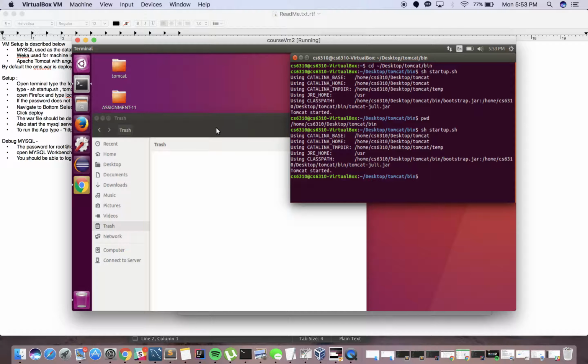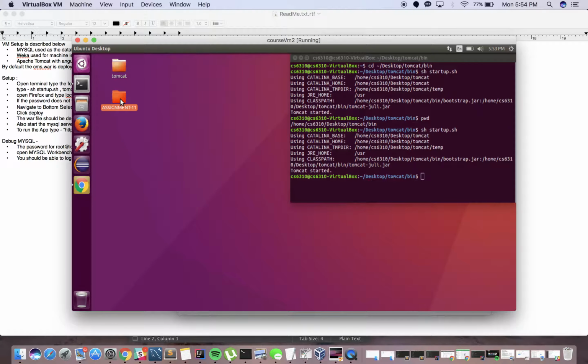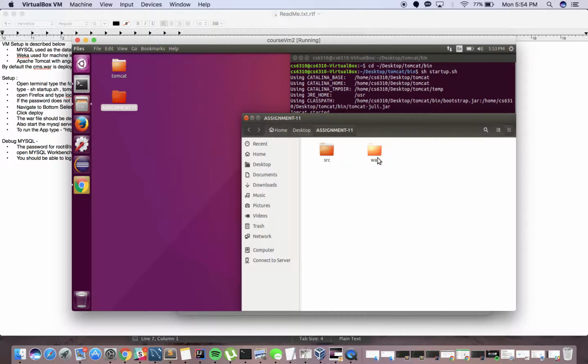Just a brief background. Assignment 11 folder contains two particular directories, the war file and the source code. This is the file which we will be deploying, and if you want to generate the war file yourself or you're running any issues with the existing war file,